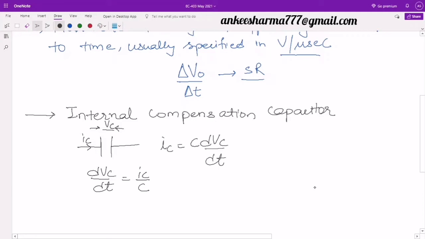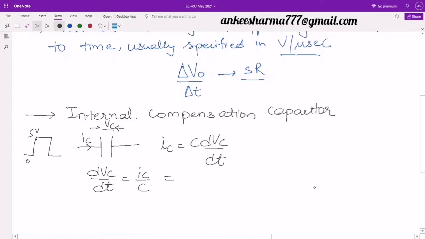So you are saying here the change in the voltage which has been applied across it. If I am changing the value from 0 to 5 volt, so this 0 to 5 volt is the change in the voltage with respect to time dt. So dVc by dt is depending upon the value of the current IC and the capacitor.